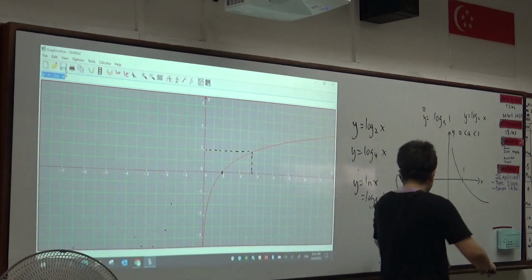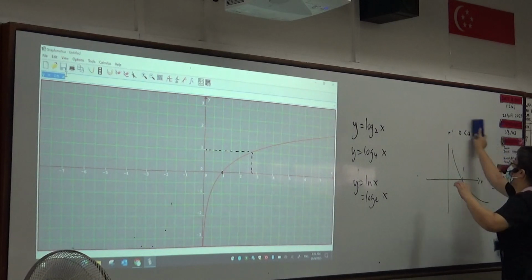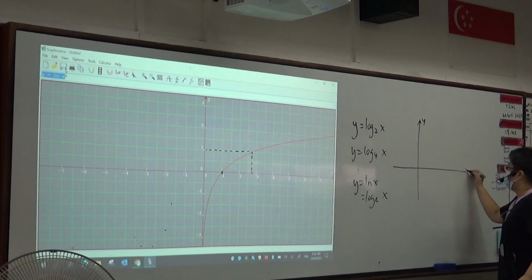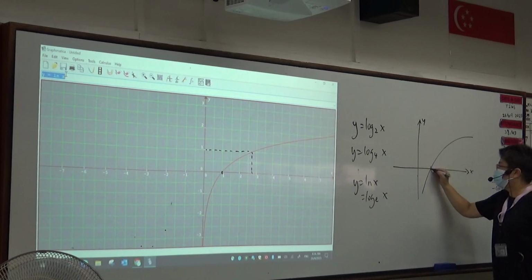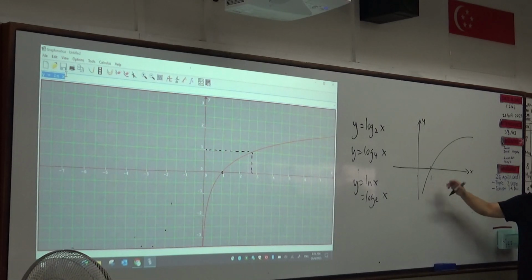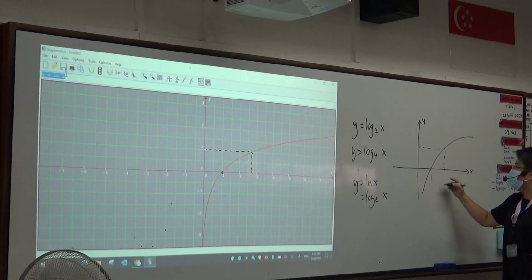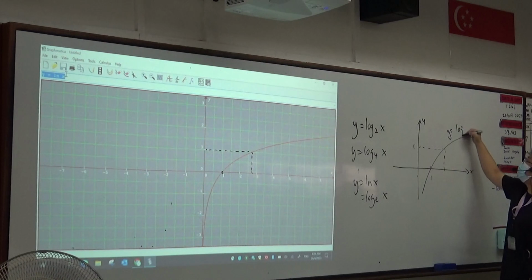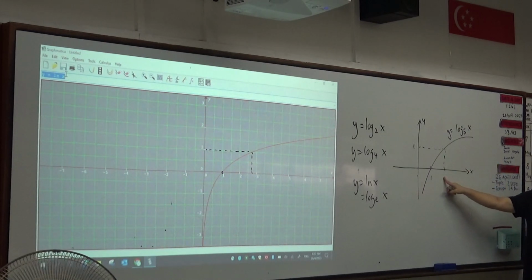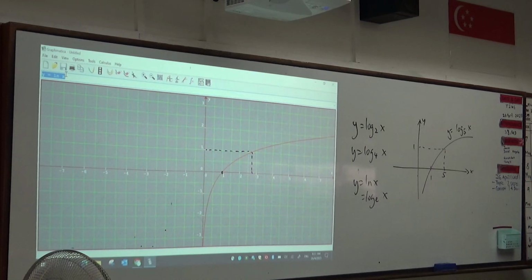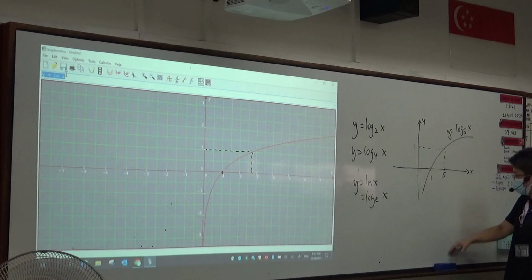Okay, so what is expected for you to label when you sketch this type of graph? You'll be like this. This one must write out. And then what is this value? For example, when this is y equals to log 5x, what do you think this is? What is this value? Can you see it must be 5? Can you see what I'm talking about here? Yes or no? Okay, let me change again. What if this is